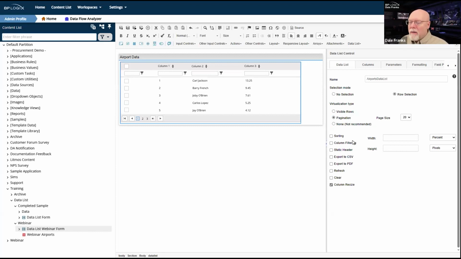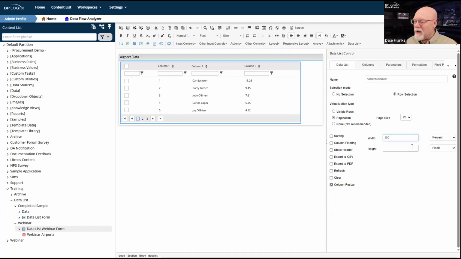Below that there are several other properties that you can configure in terms of how you want the data list to work. By default, they're all turned off. So by default, I can't do any column filtering. I can't do any sorting. I can't do exports to PDF or anything like that. So let's come back to these after I actually get us some data. But put a pin in this. We are going to look at that and just see how it changes how the data list control works in the UI. For the width, I am just going to go ahead and set it to 100%.